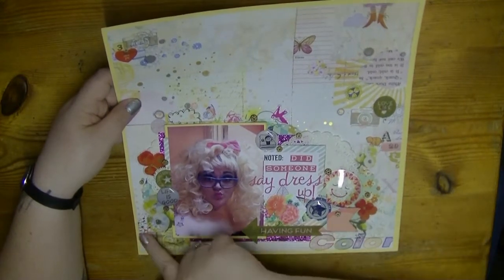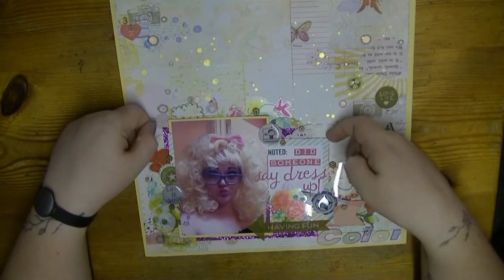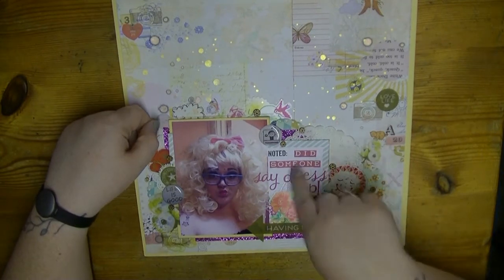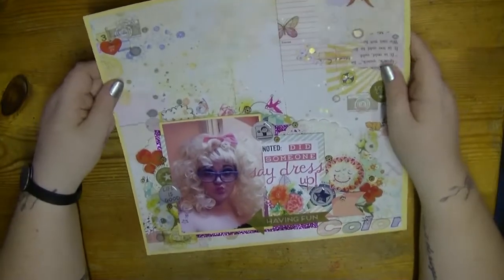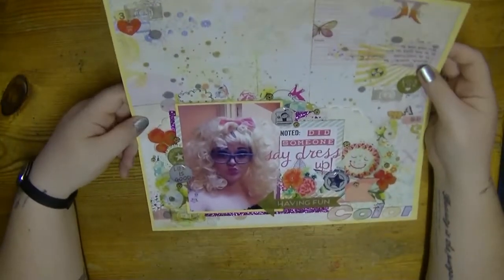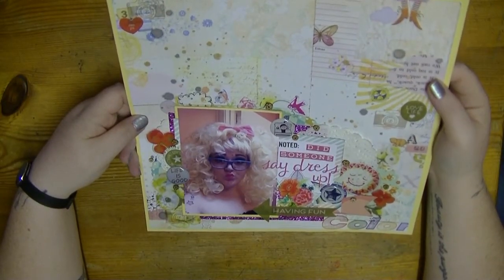But I really love this piece of paper and I'm so glad I got it used. There's bits of doily in here as well. This is one of the Valentine's collection from Alison Croft cards, and the title is Did Someone Say Dress Up? Because as I said, I never knowingly underdress for an occasion, and I certainly overdressed on this occasion, but